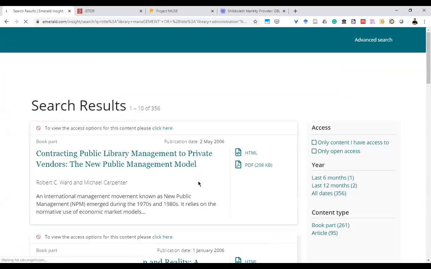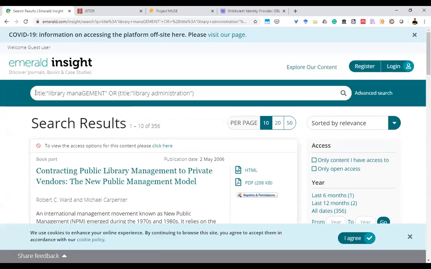If I search, it will show you the command or the query that is run in the system. You can see the field codes also, like for title. Once you know the field codes, you can directly write the query here. You don't have to go to the advanced search feature.